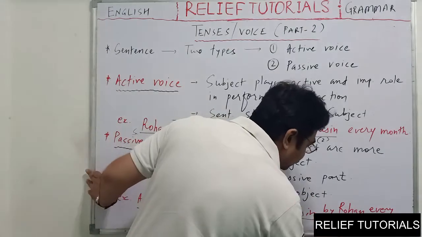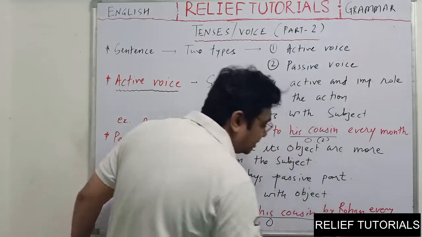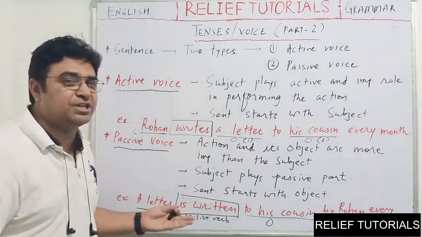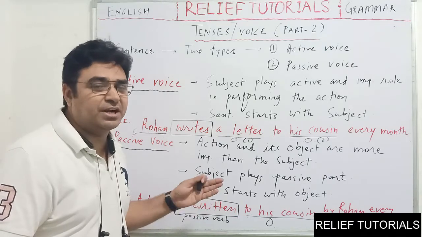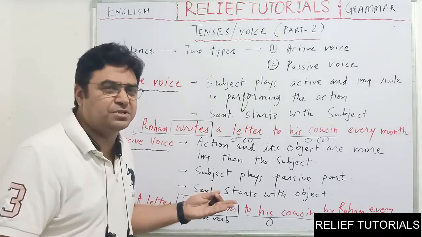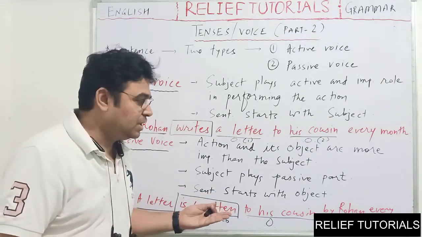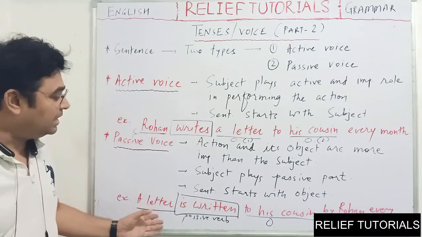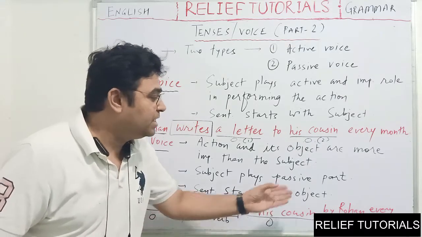So it is going at the place of object, and object comes at the place of subject. This transformation occurs in changing active voice to passive, and vice versa, passive voice to active, and then the rest of the words. So the whole thing is, a letter is written to his cousin by Rohan